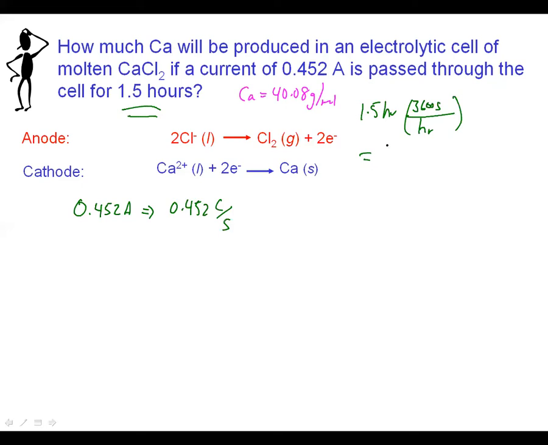And that will get us, by multiplying perhaps, that'd be good. There we go, 5,400 seconds. So same sort of beginning part here. We're going to take this, we're going to multiply it by 5,400 seconds. That is going to get rid of our seconds and leave us with